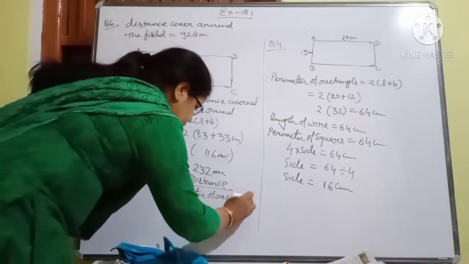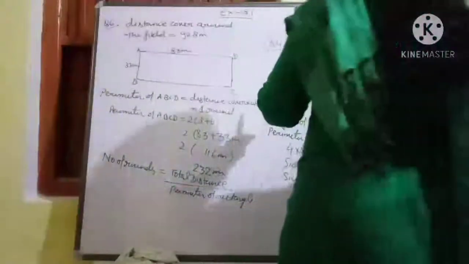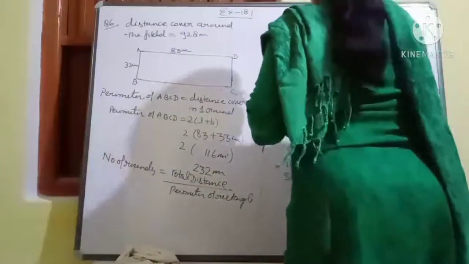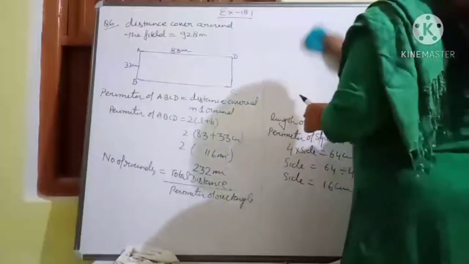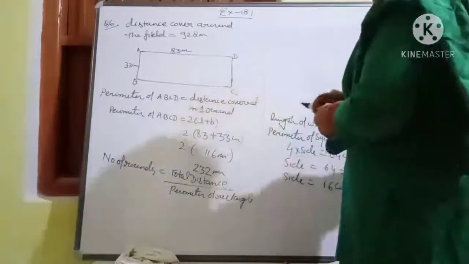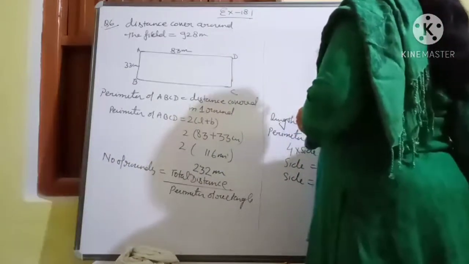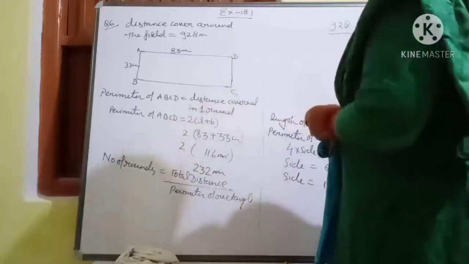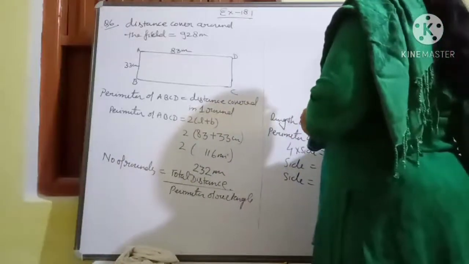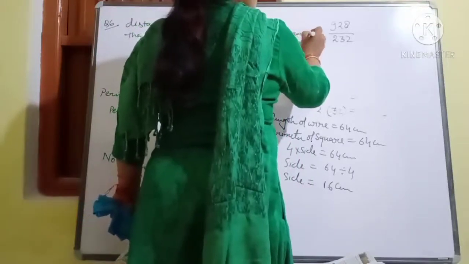Perimeter of the rectangle. Now see how much it will come to. Total distance, how much has she covered? 928. Okay. Divided by the perimeter, which is 232. Okay. So it will be the number of rounds. Number of rounds is equal to